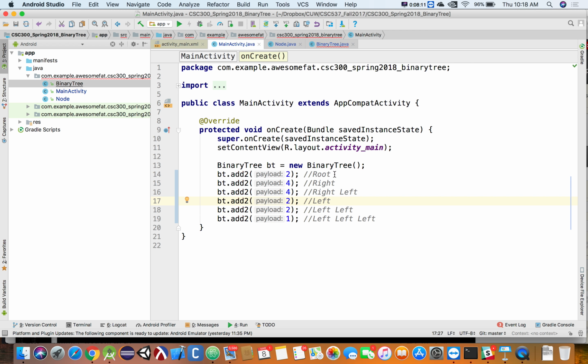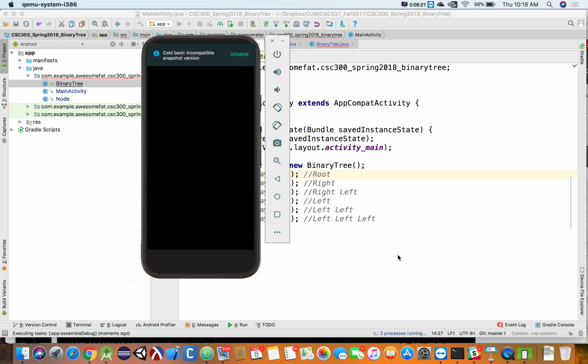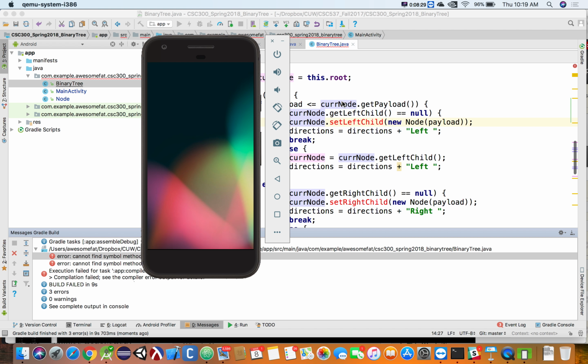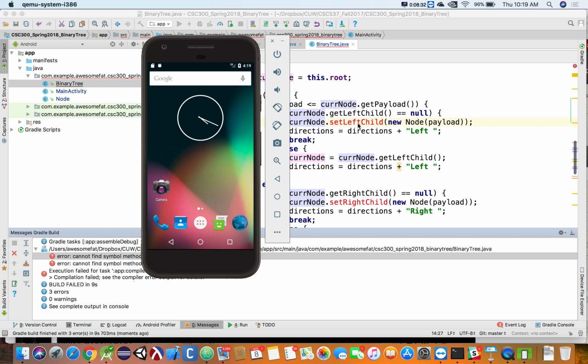Actually, root won't have a set. Root is just going to say root. Oh, we have